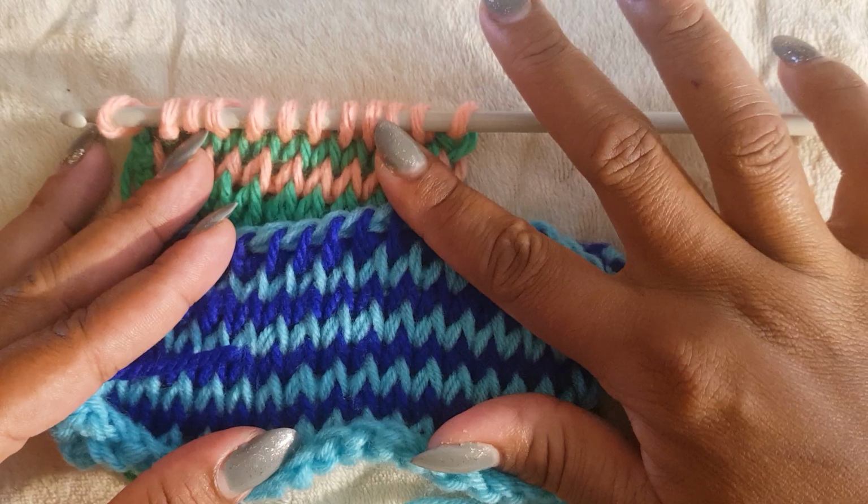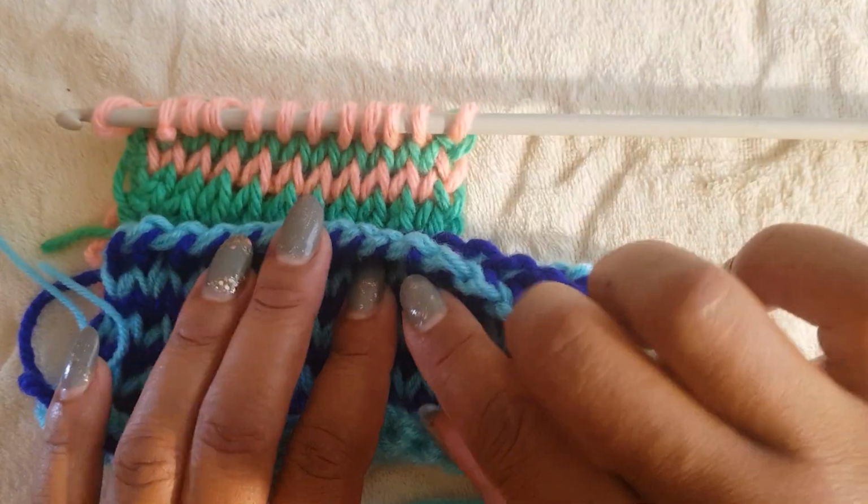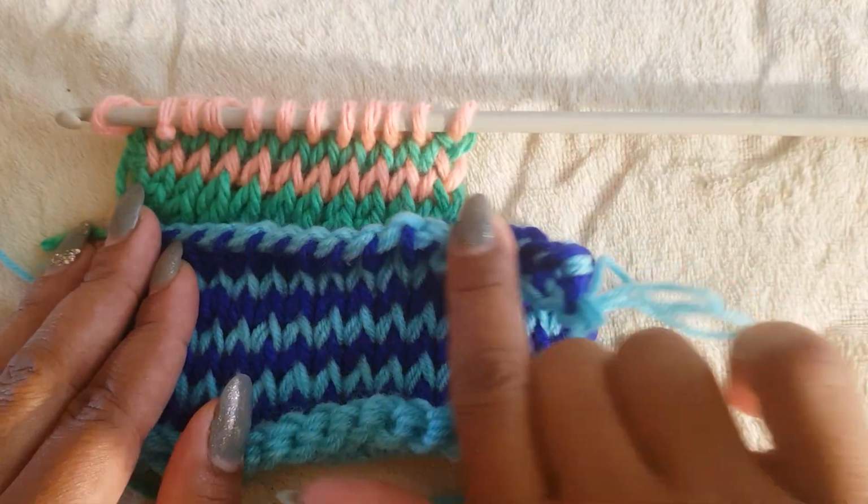Continue working on your pattern and share with me the results. So I'm also going to show you how to end, or how to